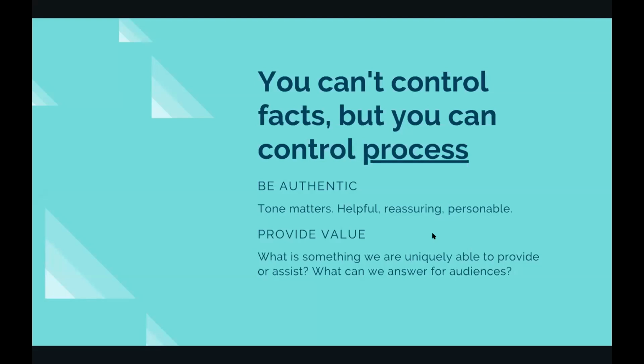Just being able to communicate, okay, here's the issue that we're facing, and here's steps 1, 2, 3 that we are going to try to do to fix this issue or at least address it. And communicating process really brings a lot of reassurance to people and builds that trust,